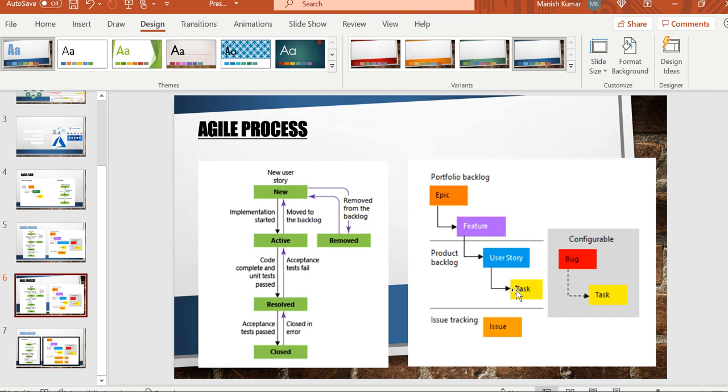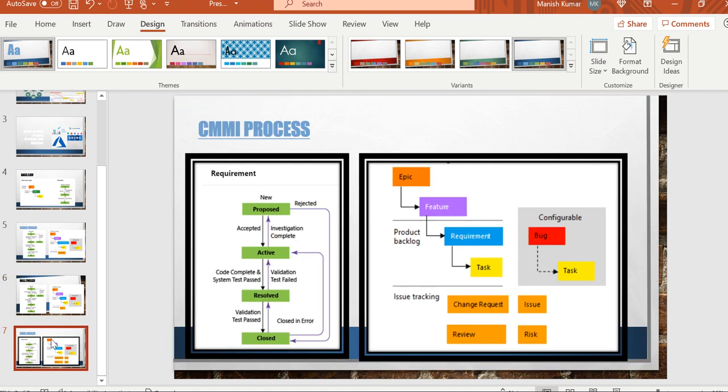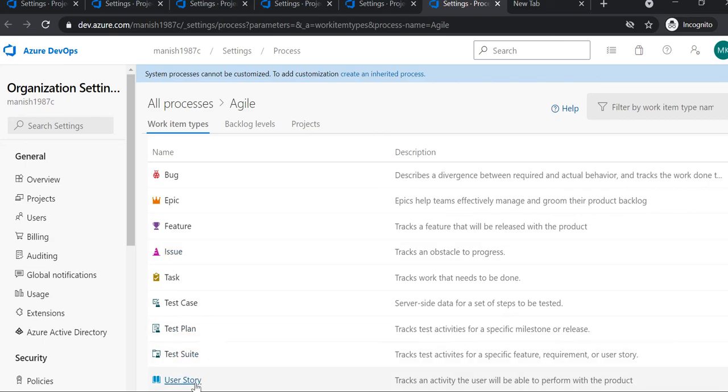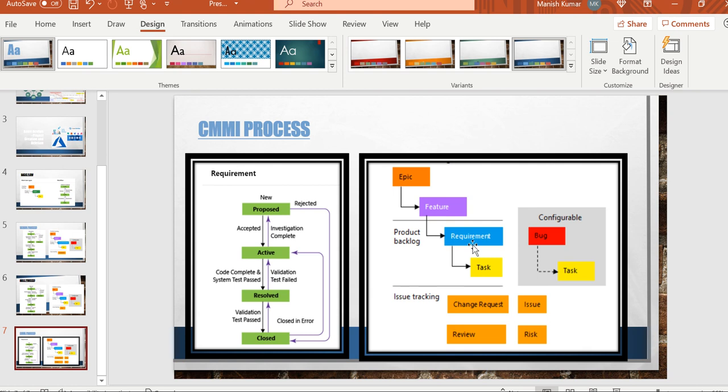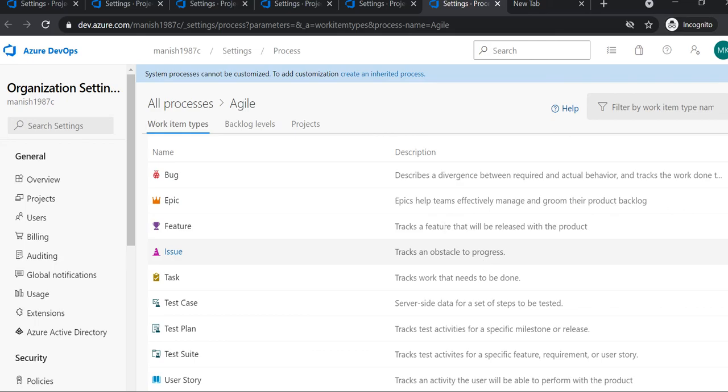After this you can create a task. The same process is there for CMMI also. We have epic, feature, but then there is a requirement. Instead of user story you will see a requirement work item, and under your requirement you can create the task. That's it. Thank you. Thanks a lot.